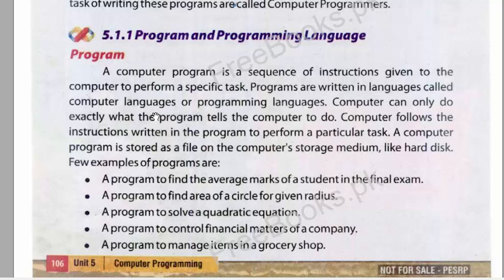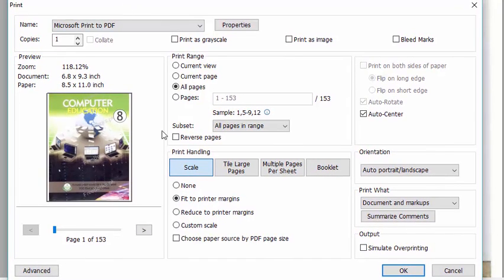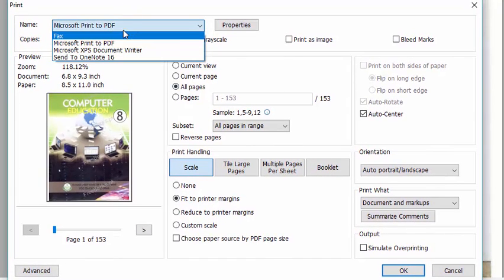Like, if you press Ctrl plus P on your keyboard, a print window will be shown to you, in which you can see what will be printed and how it will be printed. If I press Ctrl P, here you can see this is called the print window. Here you can see where to print.